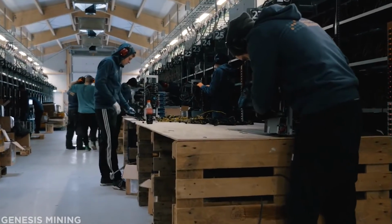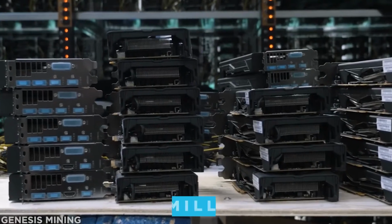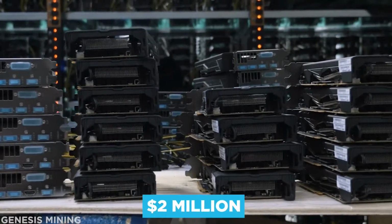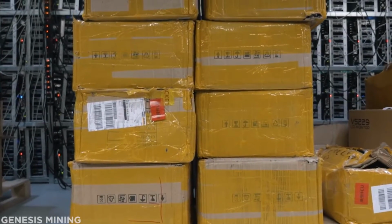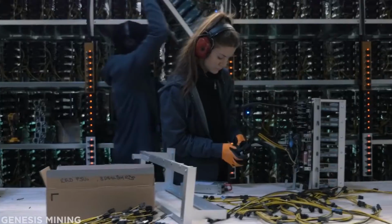No wonder security is tight, not least since a major spree of thefts a couple of years back saw some $2 million of crypto mining tech taken from their rightful owners in a series of raids around Iceland. It's worth looking at these computers in detail, because they're actually a far cry from the standard PCs you use